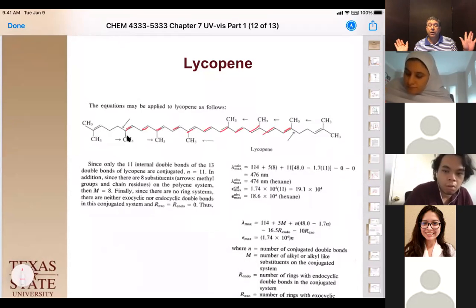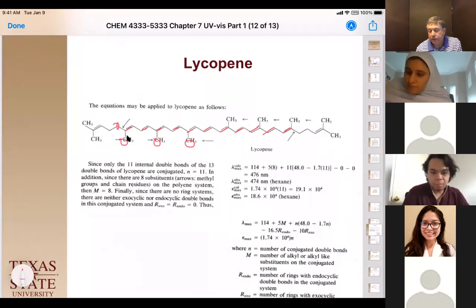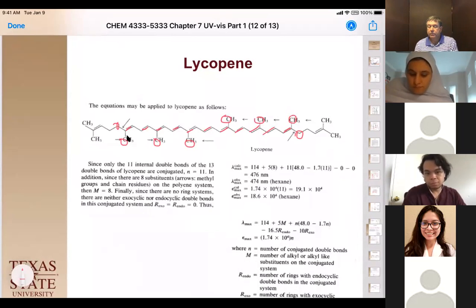The other two are not in there, so we don't count them. We have 1 R group, 2 R groups, 3, 4, 5, 6, 7, 8 R groups. So that's 5 times 8. We have a total of 11 double bonds in conjugation. We have no endos or exos because we don't have a ring, which gives our calculated number